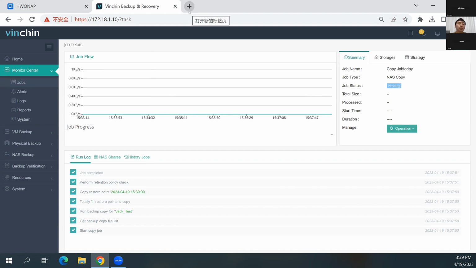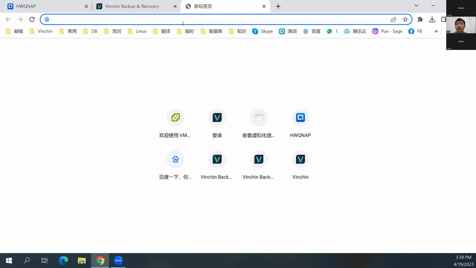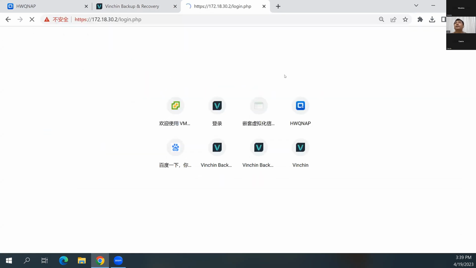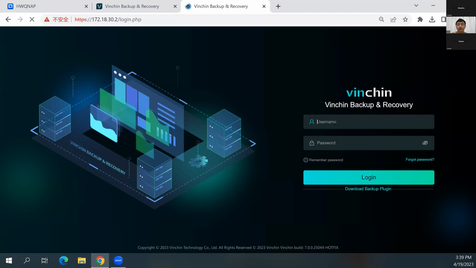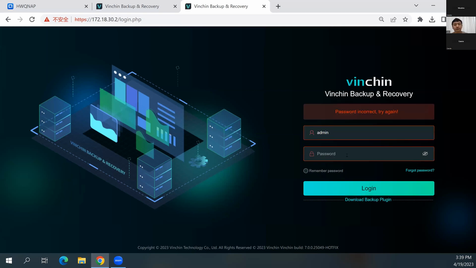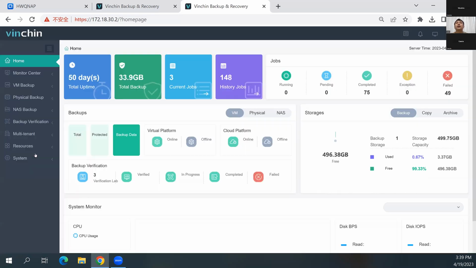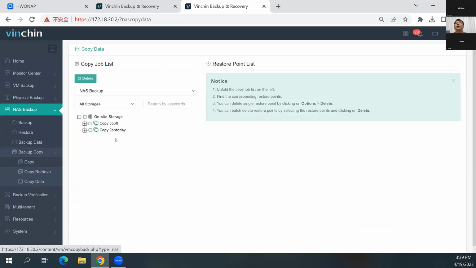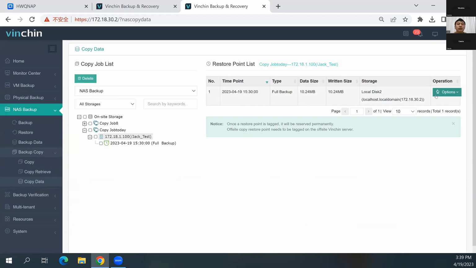We can go to the other Vinchin server to check this backup data. Okay, at the NAS module, under backup copy and copy data, you may see here that this backup data has been copied here. For remote sites, you can either delete this backup point, comment, and set a retention tag. And for the restore,